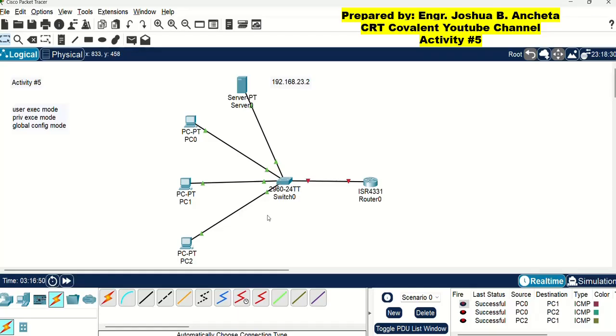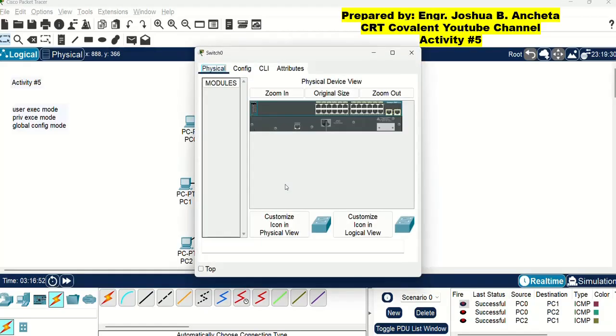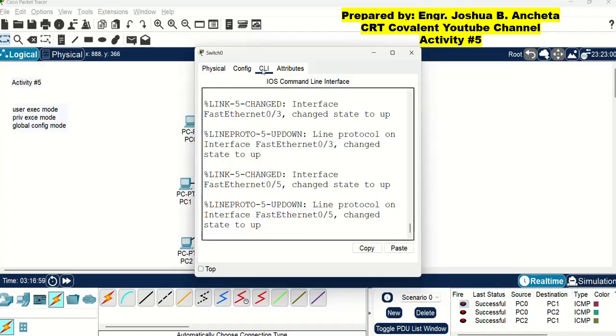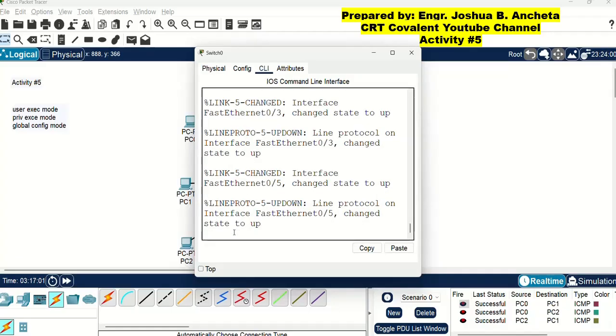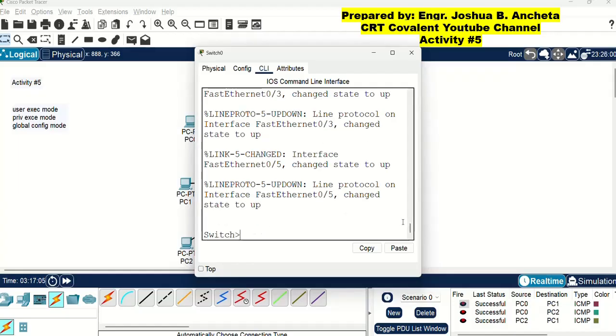So let us now click the switch and go to CLI. CLI stands for Command Line Interface. Just click enter. And as you can see, there is a word switch and a symbol greater than.